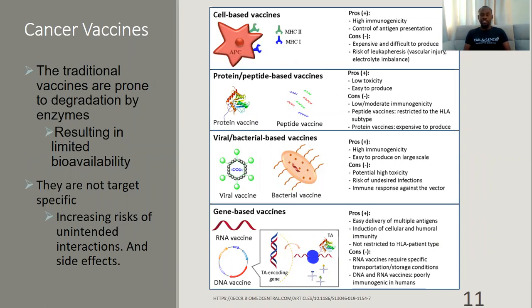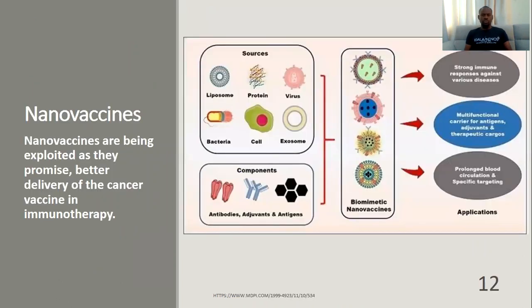The main cause of this limited bioavailability is that these vaccines are not target specific, and some of them get degraded by the chemicals within the human body, thus preventing them from reaching the intended site where they're supposed to interact with the immune system cells and give an immune response, as we hope for when we vaccinate a patient. So with nanovaccines, the nanovaccines come into play where